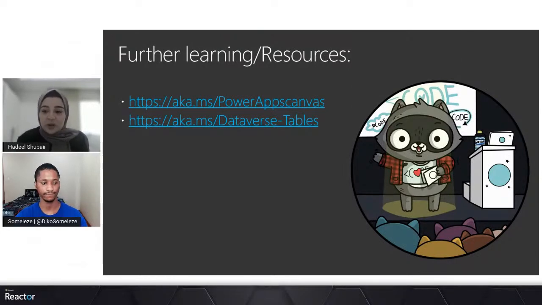We have a question here in the comments, if I can ask. Can you style Power Apps with CSS using VS Code? Do you have any idea about that? Well,